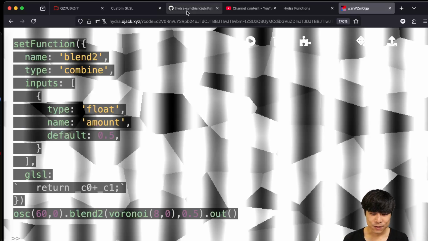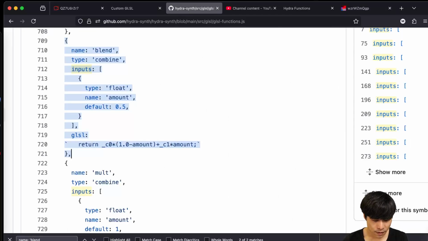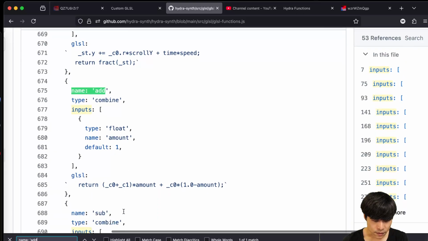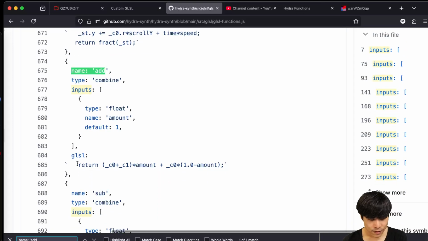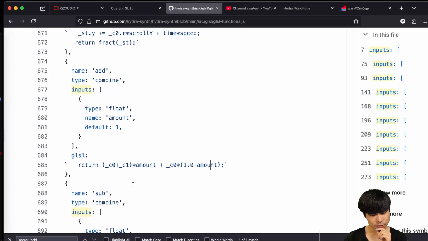And if you look into the example here, let's search for the add function. Yes, this is also combine. It's doing a little bit more elaborate thing because now we don't want, oh, actually it's basically the same. It's not taking the alpha channel into account. So basically it's adding C0 and C1, but also it has this amount value, which basically